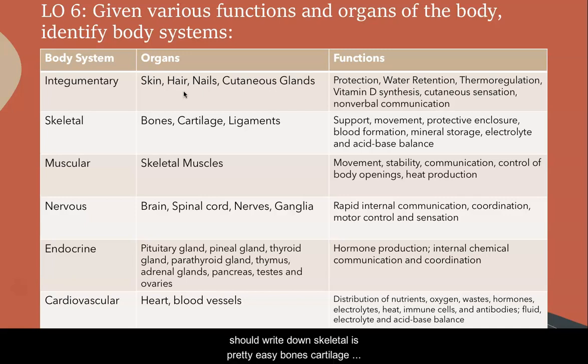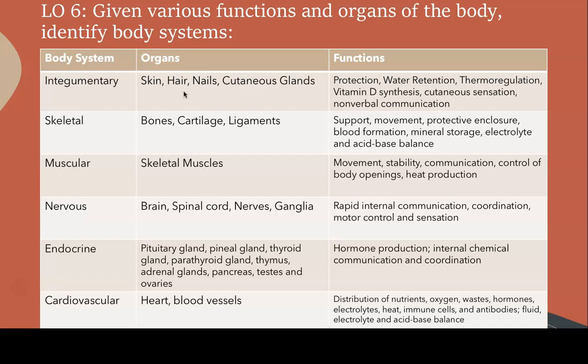Skeletal, that's pretty easy. Bones, cartilage, ligaments. Functions: support, movement, protective enclosure. Okay, muscular, well, that's skeletal muscles, yeah, movement, stability, communication, body opening control, heat production. Your nervous system: brain, spinal cord, nerves, and ganglia. Things that it does: rapid internal communication, right? When you think, I want to reach out and grab that cup of coffee,